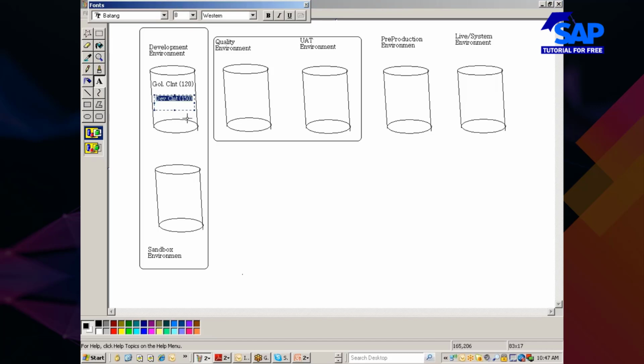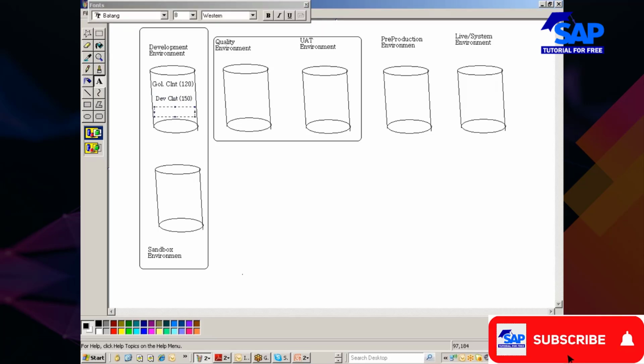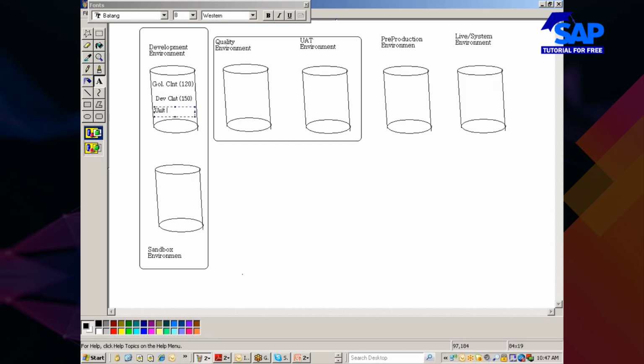Okay, and then let me put in one more client. This is called unit test client. Unit test CLNT, let's say 160.